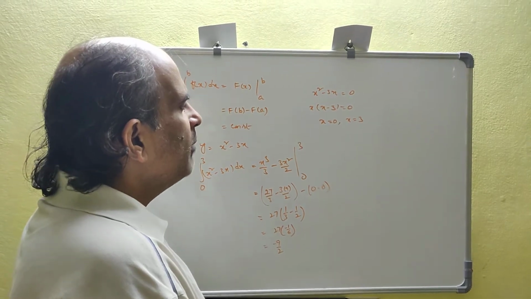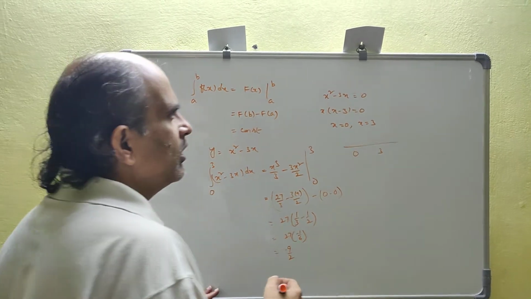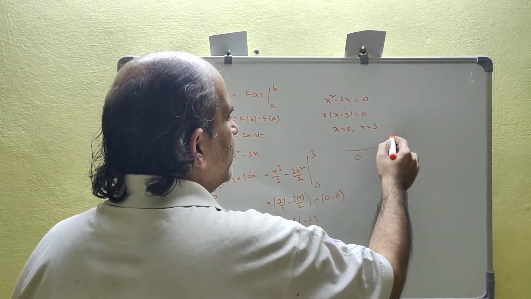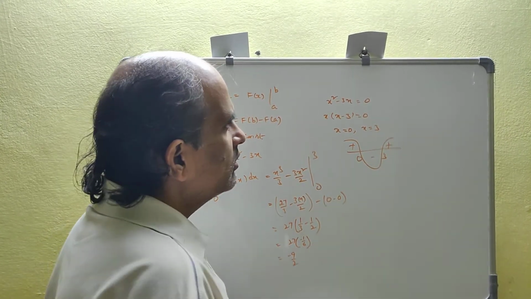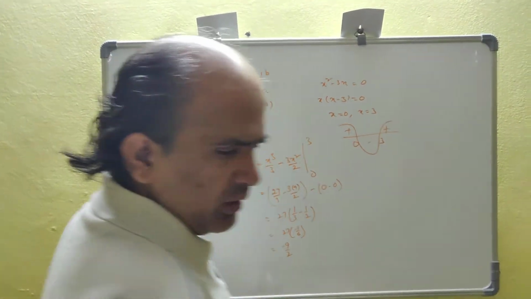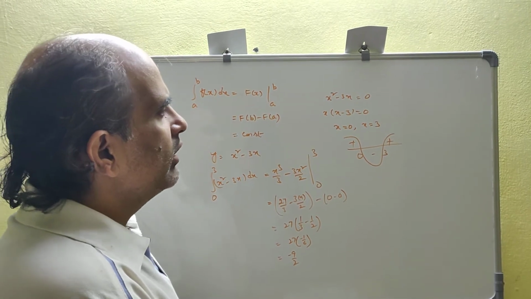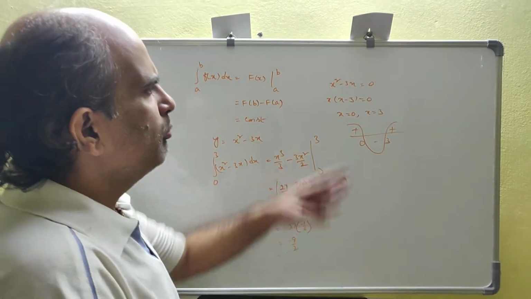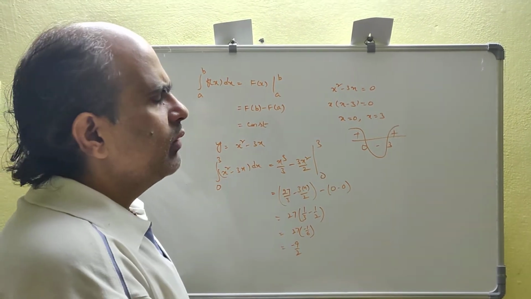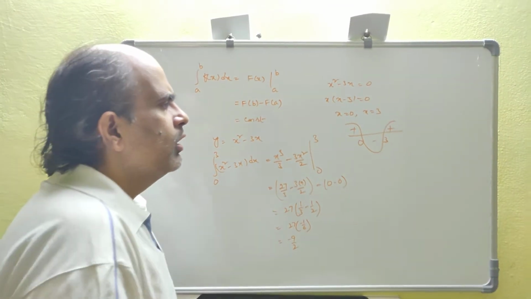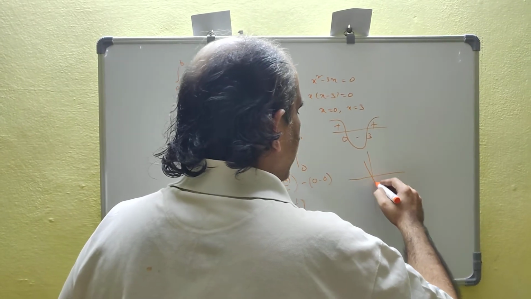Fine. So if I draw the wavy curve for it, 0 and 3, I know that the curve begins here and then moves this way: plus, minus and plus. So between 0 and 3, I'll be getting the negative value, and less than 0 and greater than 3, I'll be getting the positive value. Say for example, I put here 4, yes, I get a positive value. If I put 2 there, yes, I'll be getting a negative value. So if I try to draw the graph of it, I'll be getting the graph this way.